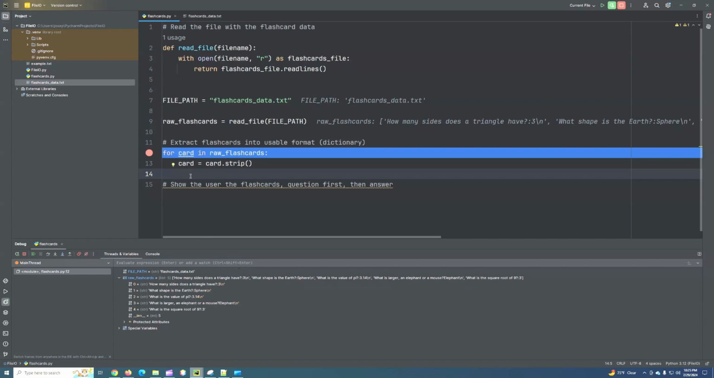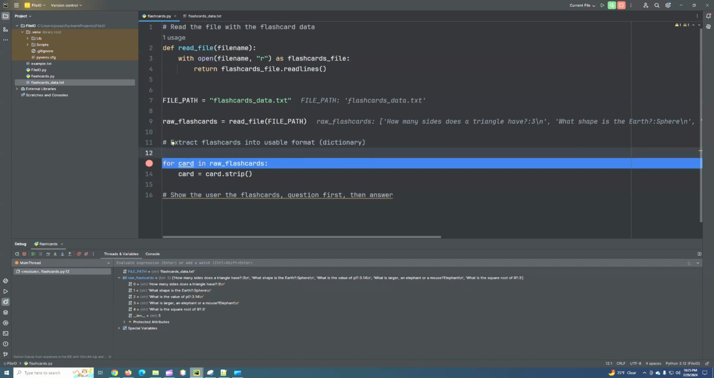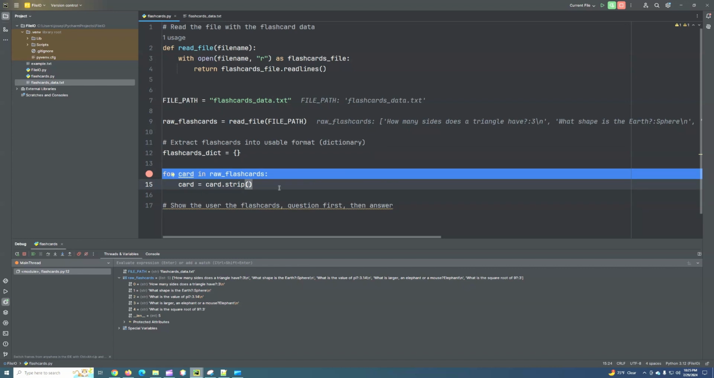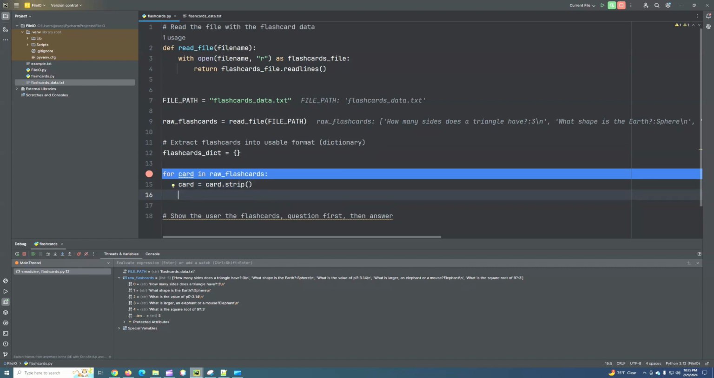And now we can create our dictionary. So let's say flashcards dictionary equals empty dictionary. So card equals card.strip. And let's split them. So question, answer equals